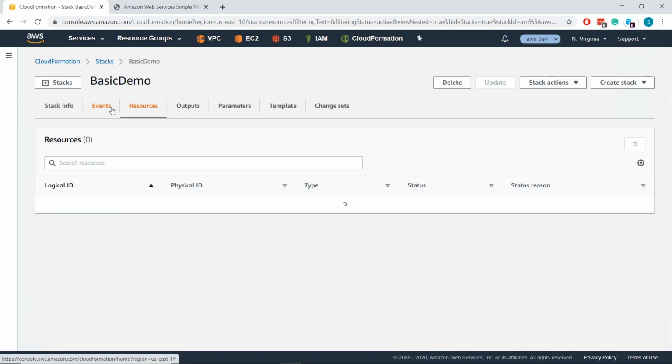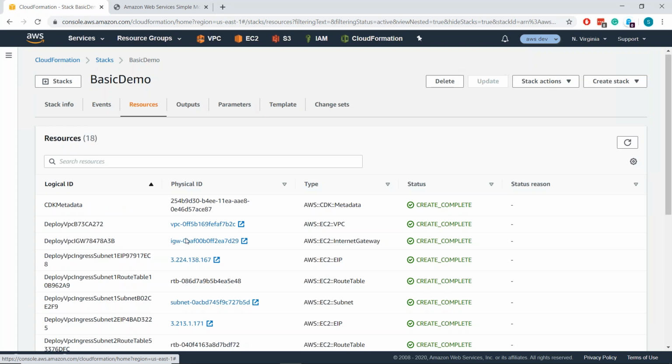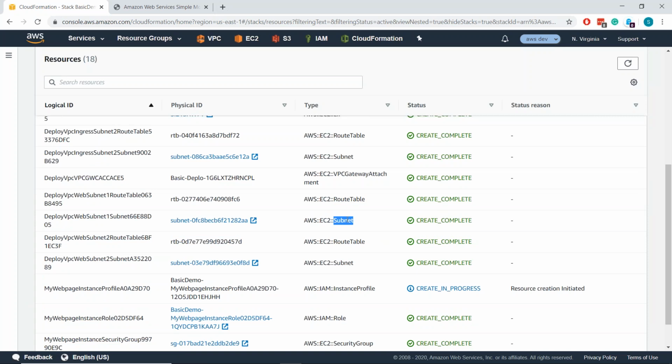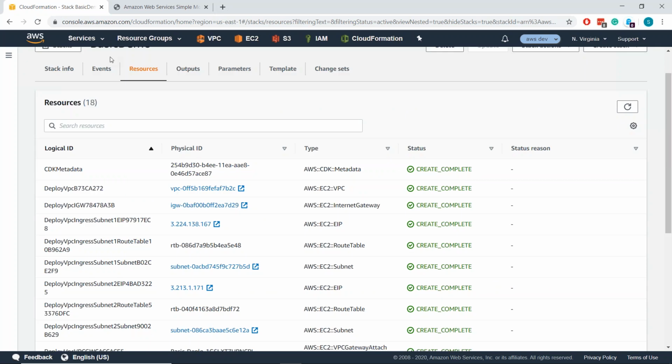Here's the resources it's creating. A lot more resources than what I wrote, because I'm creating the virtual private cloud with internet access and route tables and subnets and profiles to be able to do certain things. And metadata. Internet gateway. If you're familiar with AWS, this kind of stuff looks familiar. You've created these things by hand. I did it in that short amount of code. The CDK knew how to do that. So it's going to go deploy this stuff, and hopefully we have something running a little bit. We won't wait for it.